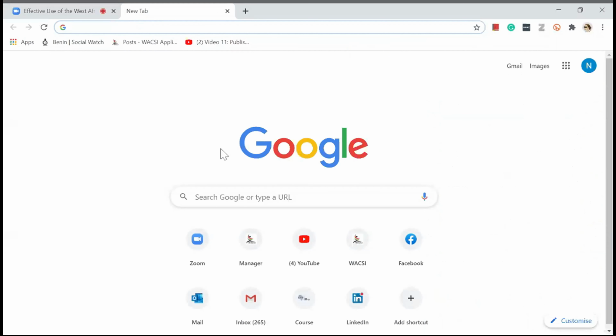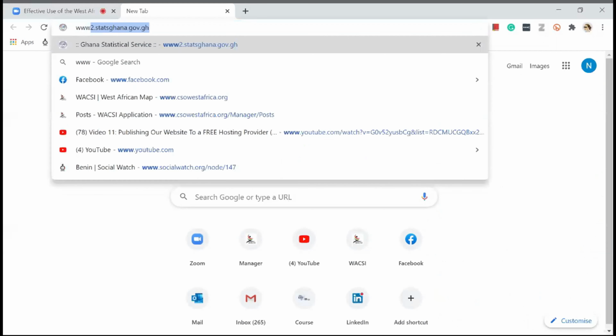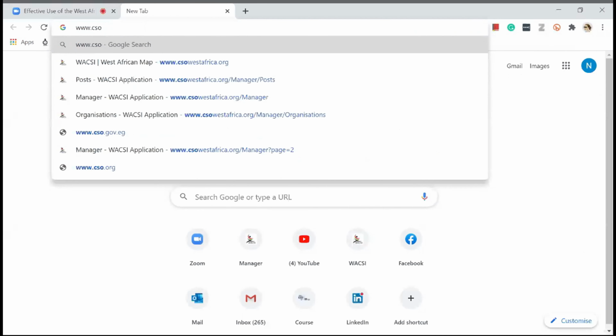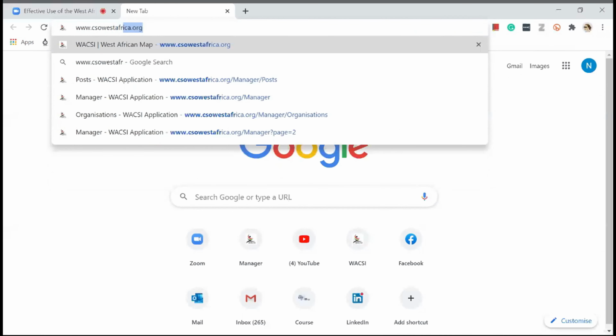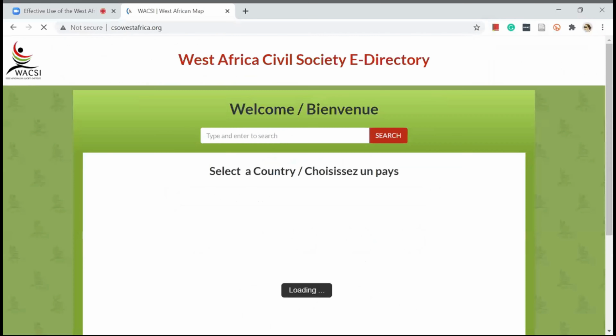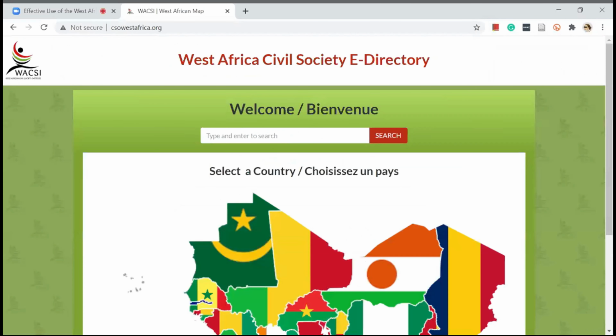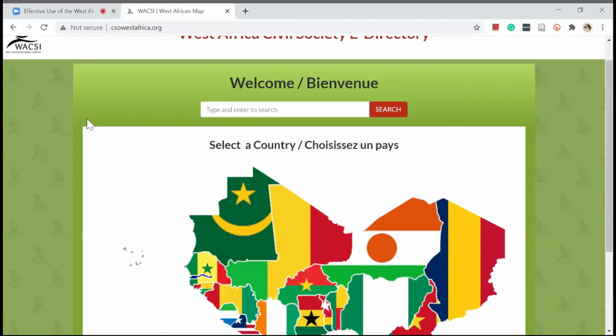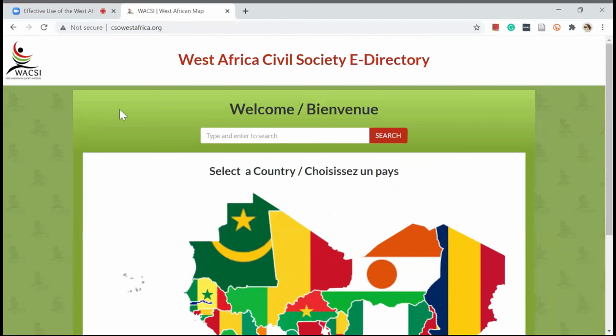So you open any browser of your choice. I'm using Google for this demonstration, and you enter the link to the website www.csoswestafrica.org. So on your first search, you find this beautiful West African map and an introduction to West Africa Civil Society